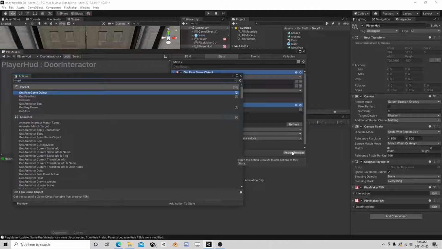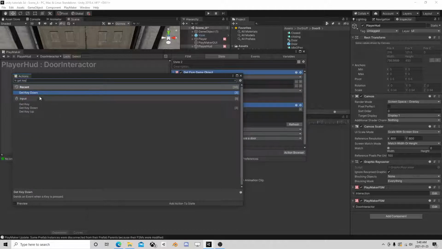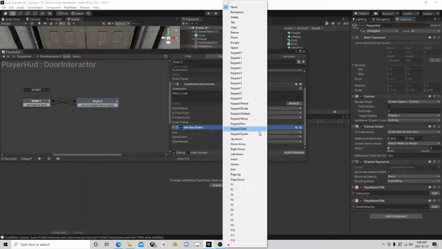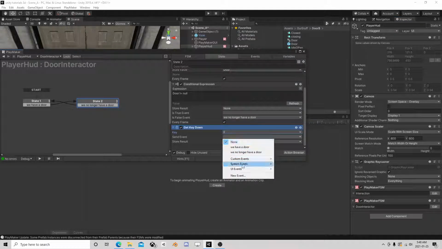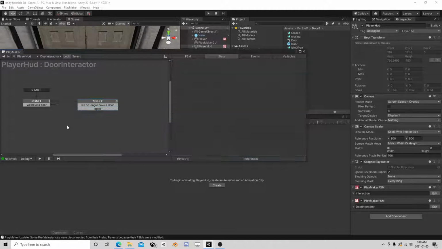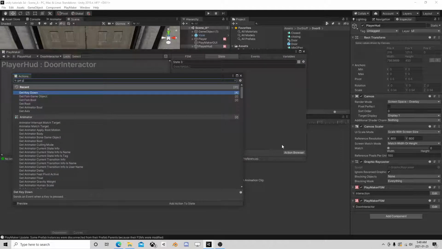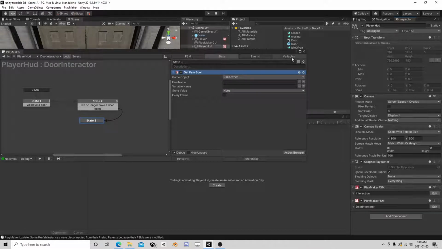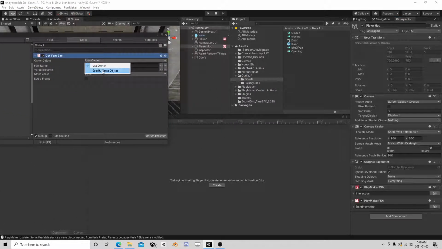Get key down, and let's use, I don't know, I guess the E. E sounds good. E, so we're going to say open. And if we get the open, we need to get FSM bool. Right, so now we're going to try to get